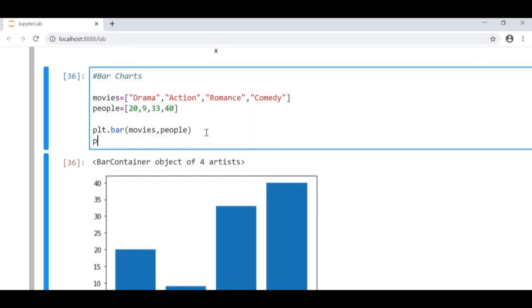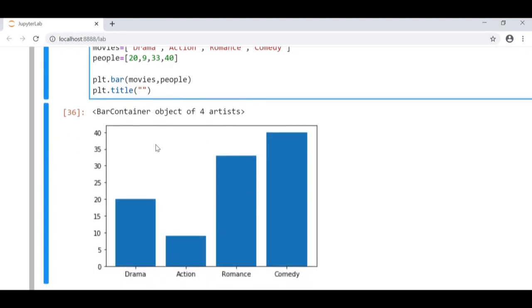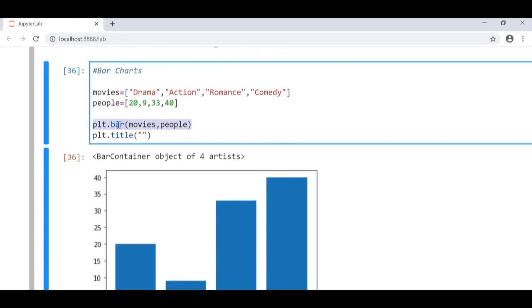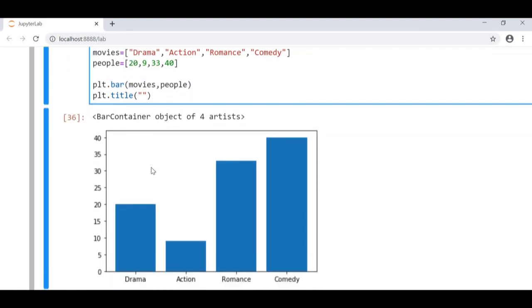So if you guys learned the statements, so plt.title and then for X and Y axis, it's the same for every sort of visualization you create. The only part that changes is if you want to make a bar chart, and then later on I'm going to show you for the pie chart what one we're going to use. So basically this is the part that changes, but the title and everything else stays the same. So let's say that the title is People's Favorite